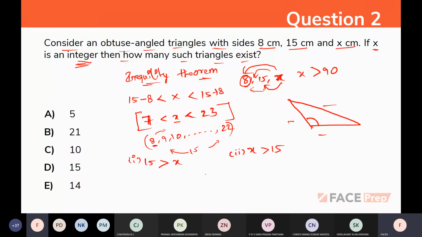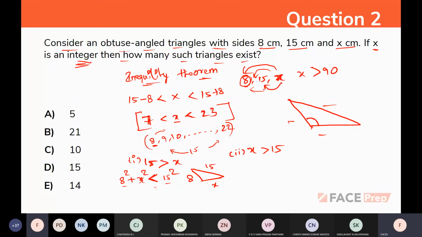So in this case, let me assign it. 8 is the smallest side that we know. 15 is the biggest number among these three, so we can assign it to the hypotenuse part. So we can assign x here. Okay, so for this triangle, by Pythagoras, 8 squared plus x squared is less than 15 squared. So this is the second, right? The square of the greatest side is equal to the sum of squares of the other two sides in a right triangle. So we cannot equate this equation here because we have an unknown value.